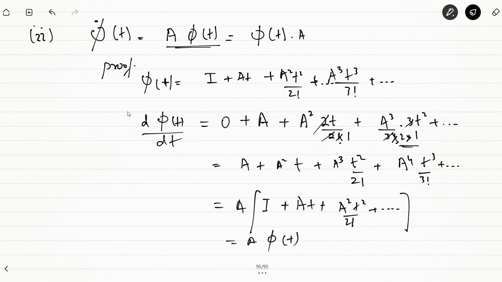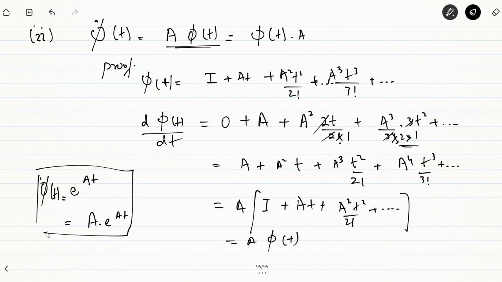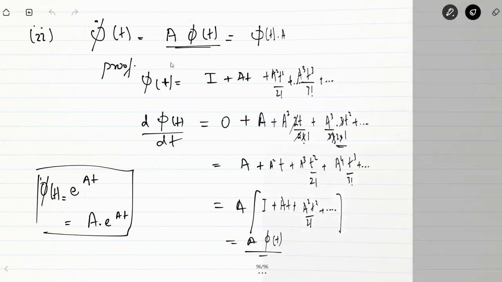So in other words, you can also alternatively say, since phi of t is equal to e raised power at, differential of this e raised power at is e raised power at into internal differentiation, and internal differentiation of this will be a. Fine. So a e raised power at, you can either differentiate the exponential, or you can use the proper procedure to differentiate this and find out phi dash, the derivative of the state transition matrix, which is equal to a into phi t.